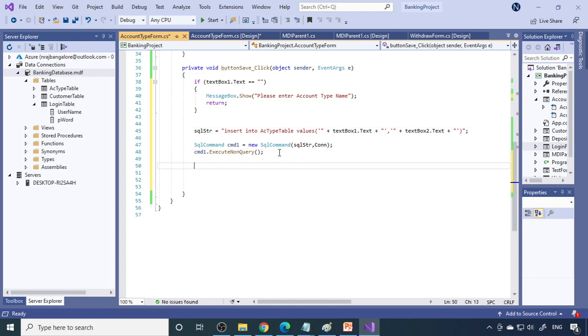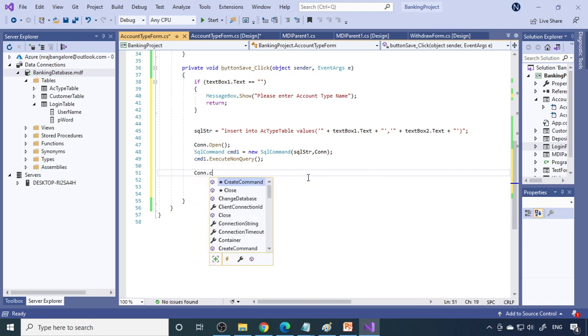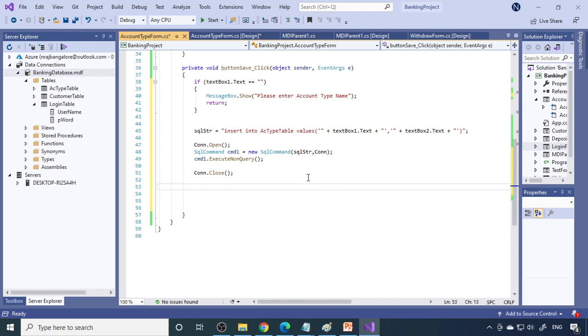But now we'll get an error because the connection should be open. So whenever you have this, you need to open the connection. Therefore, you can say connection dot open. After the work is over, you need to close the connection. So therefore, you can write connection dot close here. If these things are working fine, it means everything is correct.